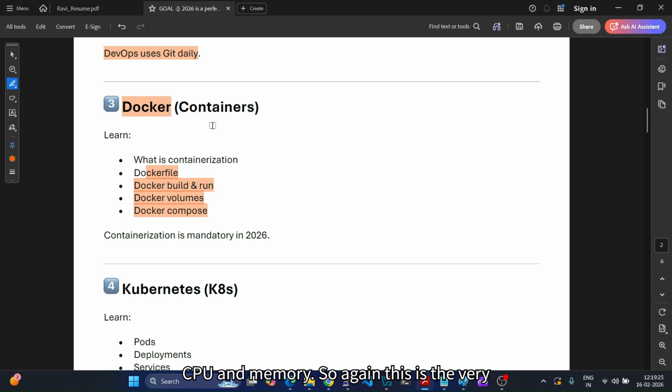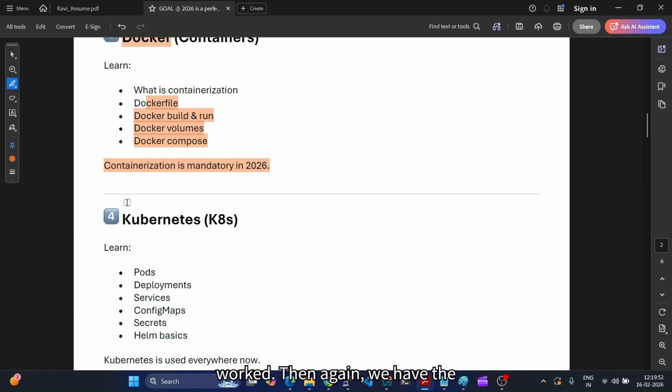So again, this is a very useful tool, and it is a mandatory tool to learn. If we do not learn this tool, then we might get stuck in between, and again you will have to struggle to know and learn about this. So this is again a very basic tool, and I will teach you in layman's language so you can understand what exactly it is and how it works.